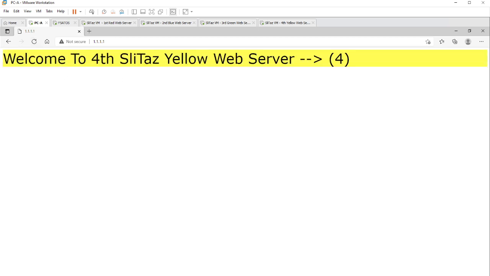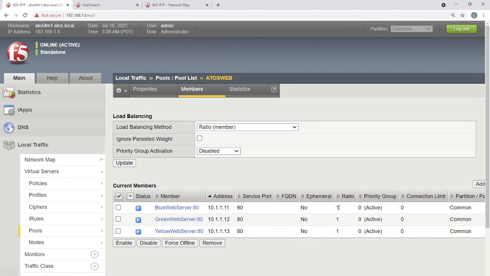You see this one? It is doing round robin only. Equally the load is being given. The connections are being forwarded to every server. Why is that? Because by default, if you see the ratio, it is 1. Can you see them? The default ratio is associated as what? 1.